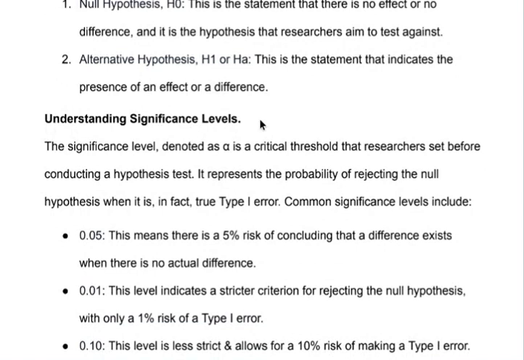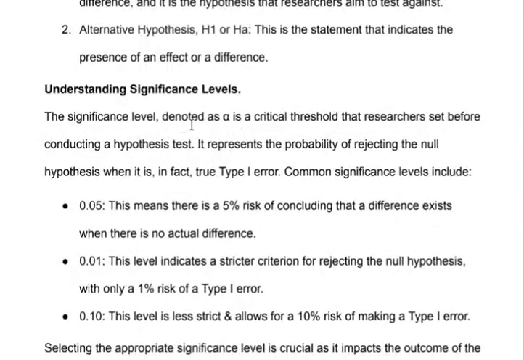Understanding significance levels. The significance level, denoted as alpha, is a critical threshold that researchers set before conducting a hypothesis test. It represents a probability of rejecting the null hypothesis when it is, in fact, true: type 1 error. Common significance levels include